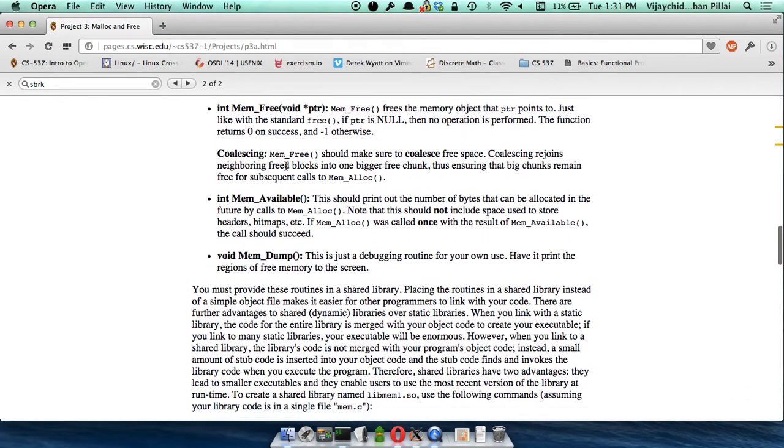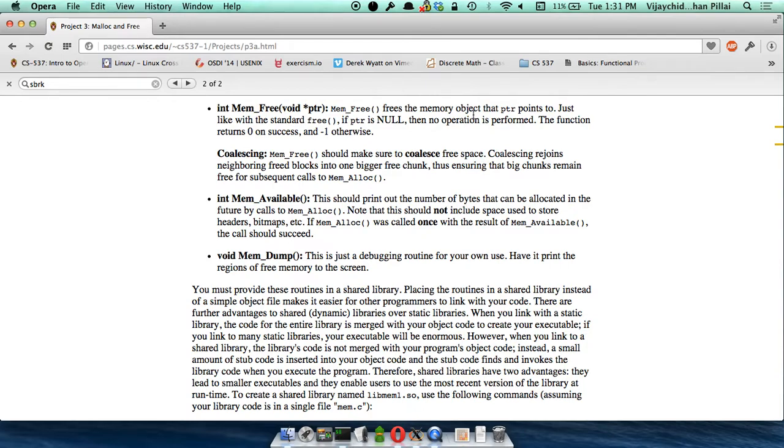Memfree is just our version of the standard free. We give it a pointer, and then the library will free that memory for us. Okay. So there are some semantics you should be careful about here. One is if the pointer is null, then no operation is performed. So free of null is actually legal in our setup. Similarly, if you are doing a double free, I don't know if you have actually written that out, but I think that should also be okay unless it's been reallocated to some other pointer.